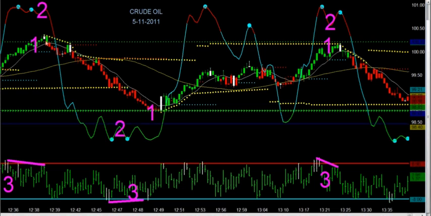And these white bars will turn white after you have a 1, 2, 3 setup when it is what's called a pull-in bar. It will come up about 1.5 bars right around here later. So that allows you to get short the oil market at this level. Place your stop 2 ticks